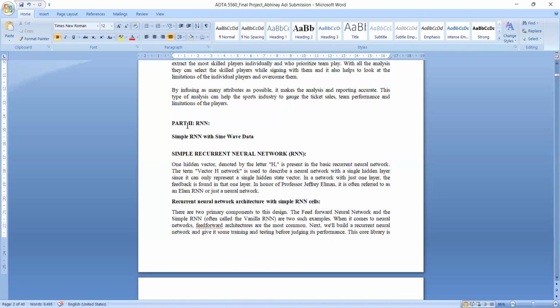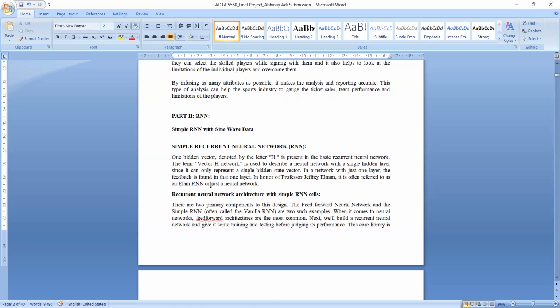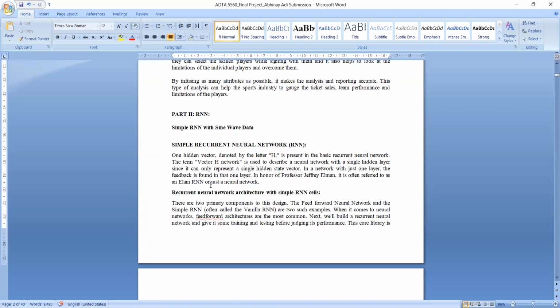we are going to describe the algorithm we use. We use RNN, a simple recurrent neural network, and we are also going to use sine wave data in it. In the RNN we are going to use one hidden vector, which we represent with the letter H. It is used to describe a neural network with a single hidden layer,